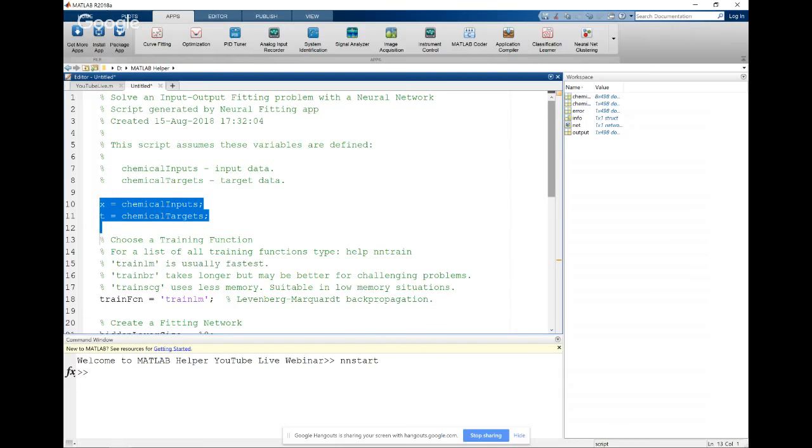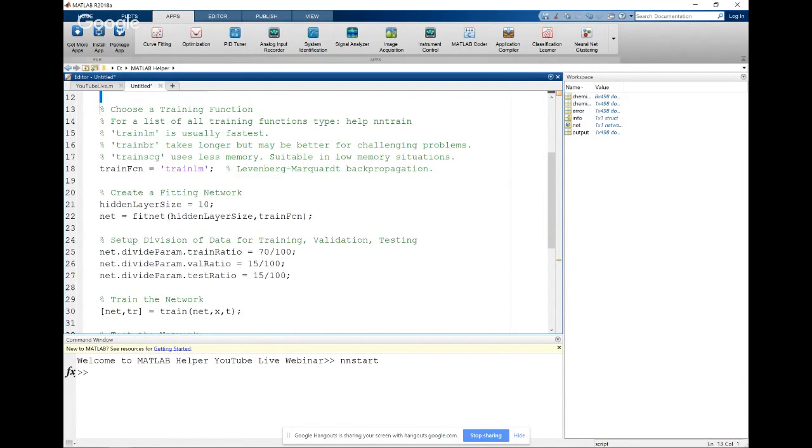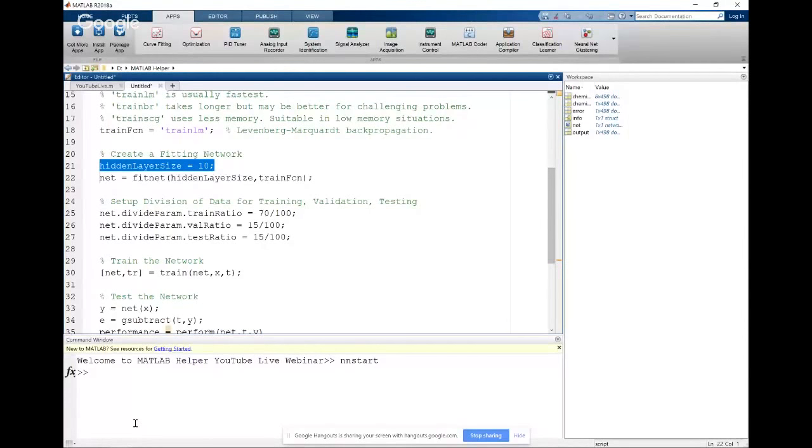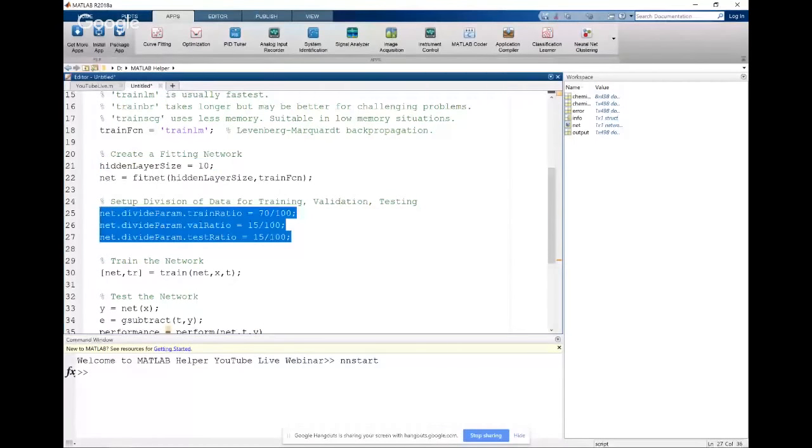Moving on further, you have a create a fitting network option where you can see the hidden layer size is 10, which is the number of neurons we selected, and that's why it's written 10 over here. You can change this number if you want to retrain it, if you do not obtain the best results. Next, you have this division of data into training, validation, and testing.